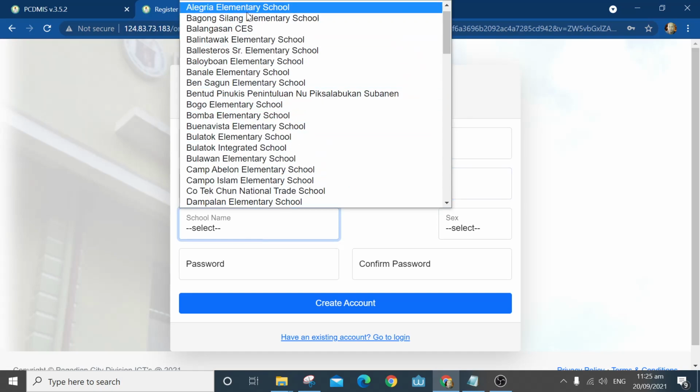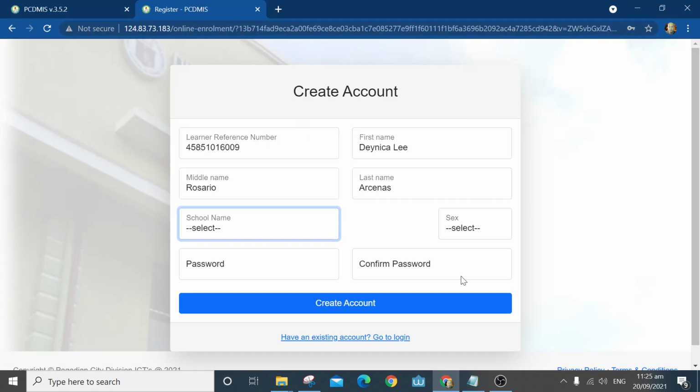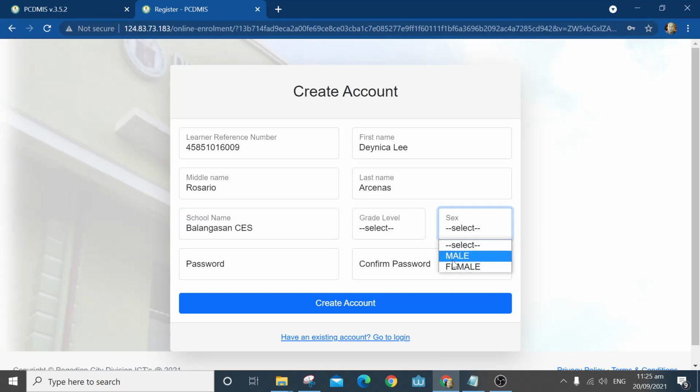Then select the school, and then of course the gender,